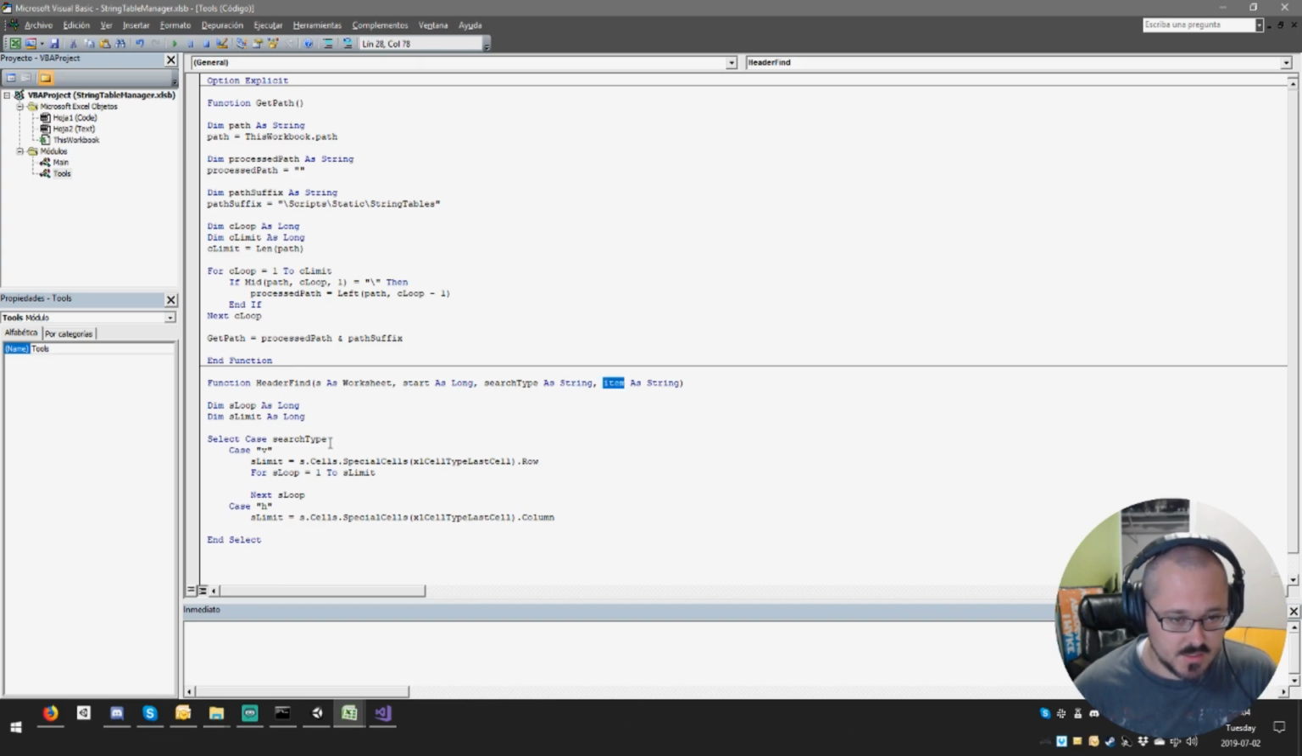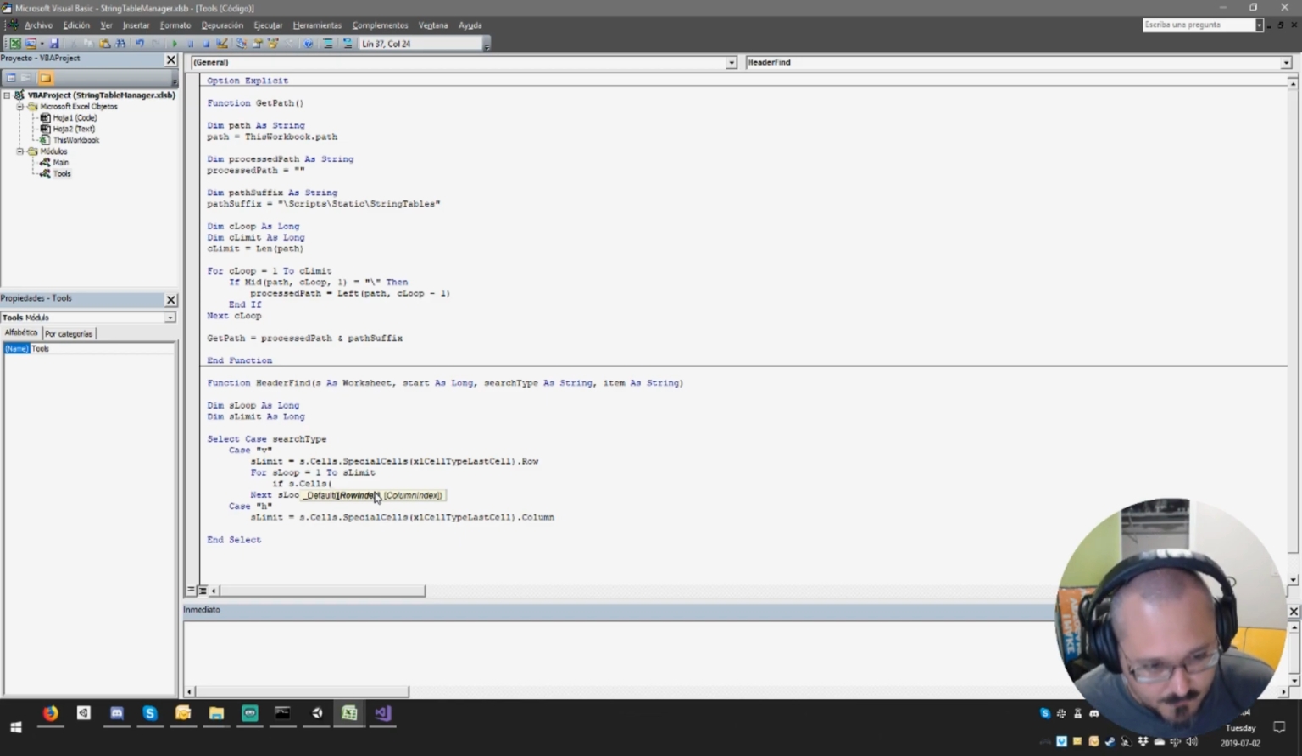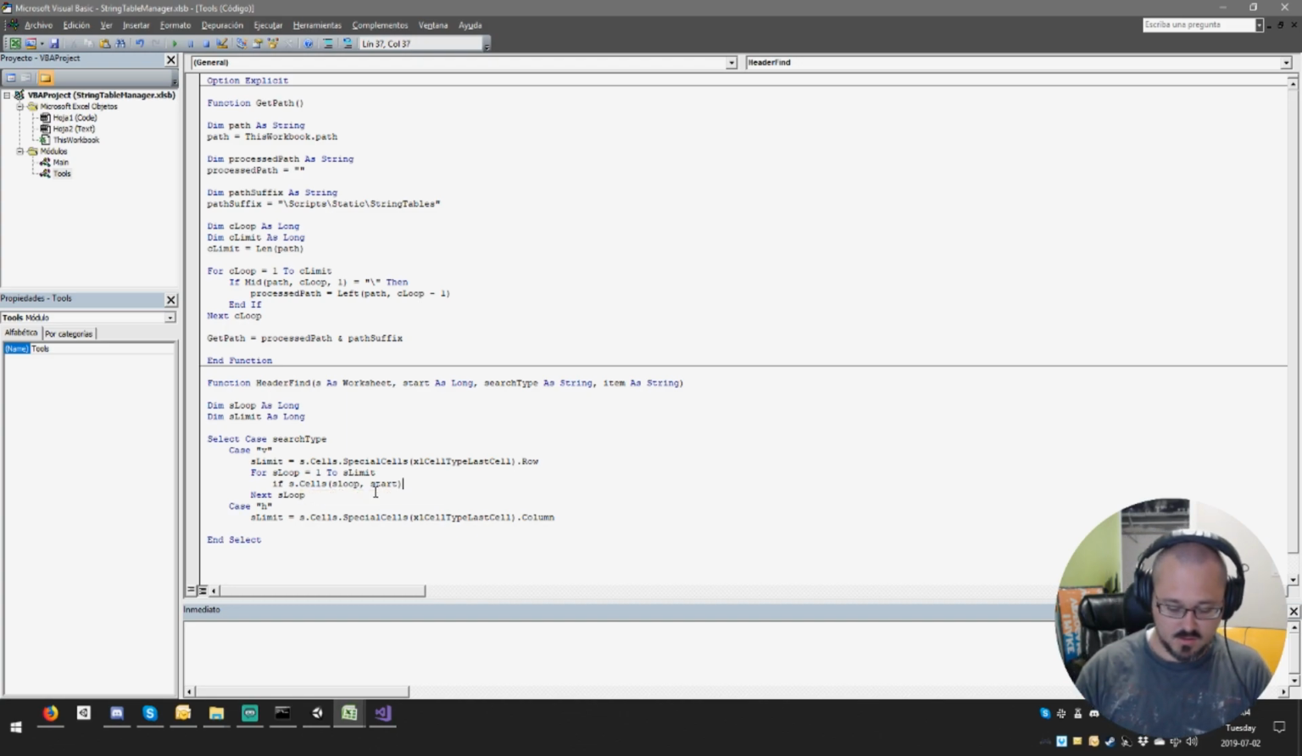We need to look for the item. So we're going to say if s.cells, and now we're going vertical. That means the row is S loop, and the column index is actually our start. So it's where we are, right? If I give you column 2, it means I want to look in column 2, that sort of stuff. And then .value is item. So if this is my item, then